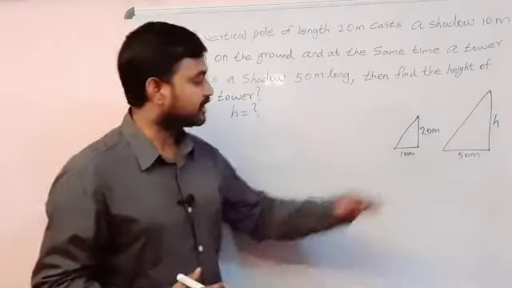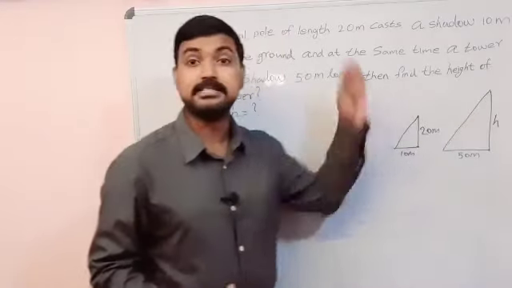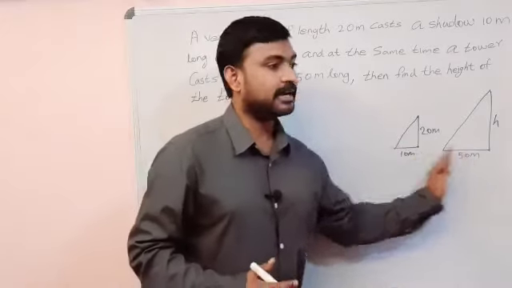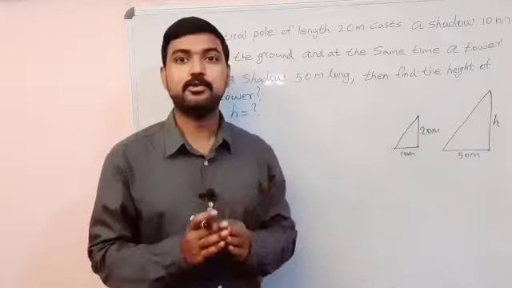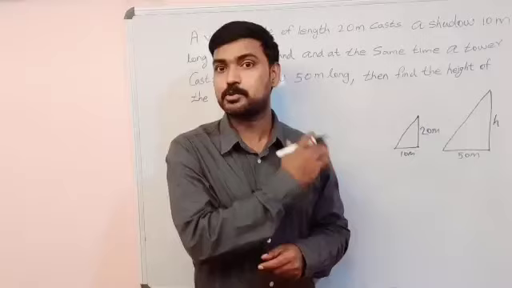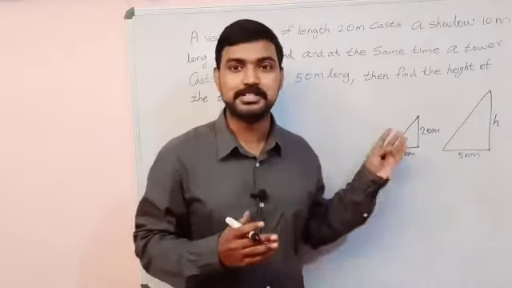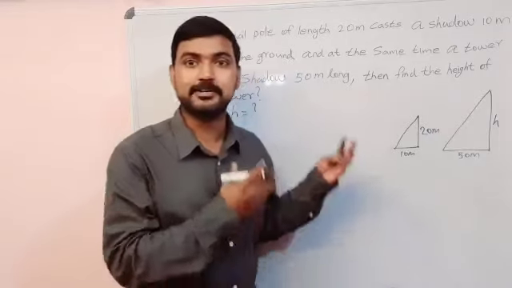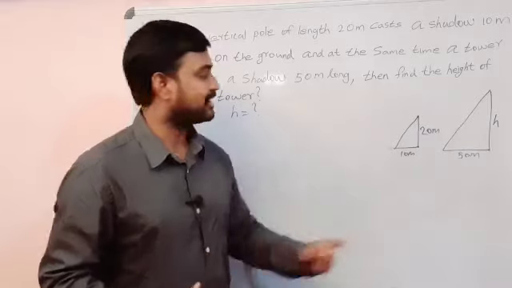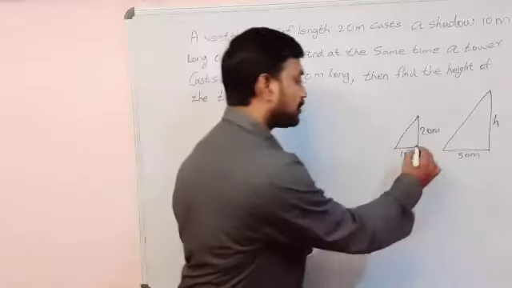So here what can we understand? Two triangles are there, and one of the sides is considered as the height of the tower. So these two triangles can be considered and we can think of how to find its side. So we are recalling this question is based on the chapter similar triangles. How can we understand this question is based on similar triangles? Because there are two triangles. When we observe these two triangles, we can see that these two lines are vertical and horizontal. So they are making 90 degrees.